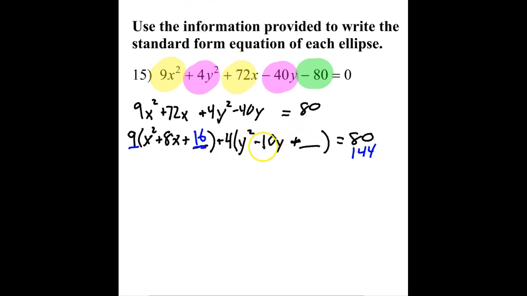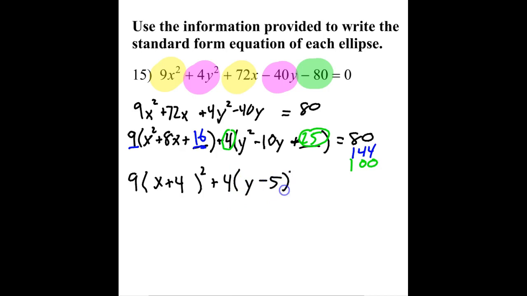And over here, half of negative 10 is negative 5. Negative 5 squared is 25. But I'm really adding 4 times 25, which is 100. And so now we have 9, and this will be x plus 4 squared. Then we'll have 4, this will be y minus 5 squared. And on the right-hand side, just add those all up, and we'll get